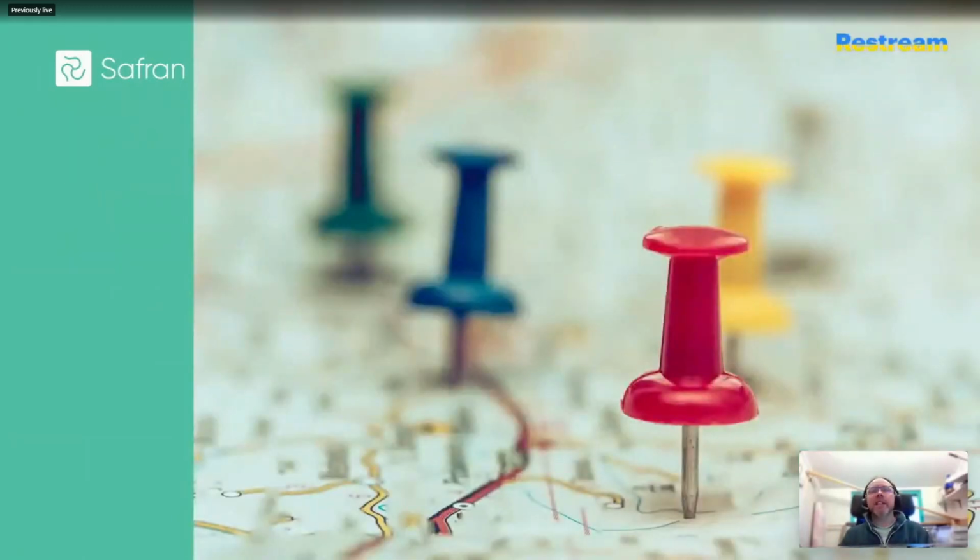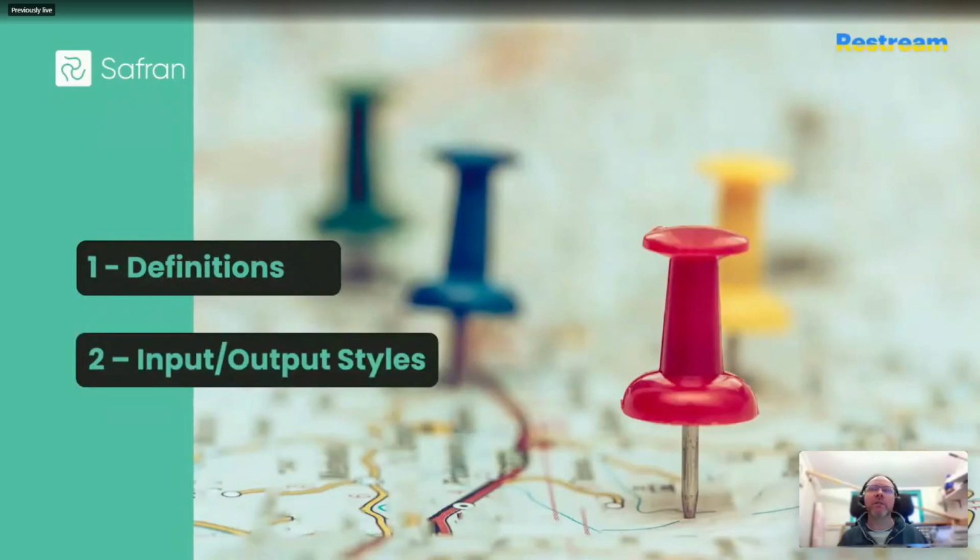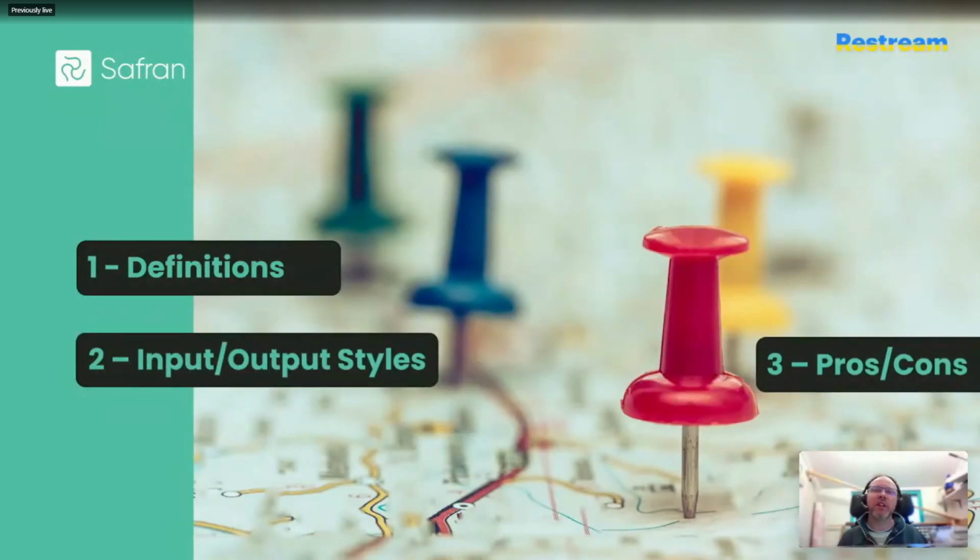Okay, so I'm keen to crack on and be respectful of everybody's time. So let's start by grounding our expectations for what I'm going to cover today and where we're going to get to. So first, I'm going to need to define some of the topics so anybody new to this can follow the concepts. Two, I'd like to cover some of the different approaches and styles to both the inputs and the outputs. And three, I want to give you some discussion around the pros and cons of these different methods, and then I'm finally trying to summarize some key takeaways for you.